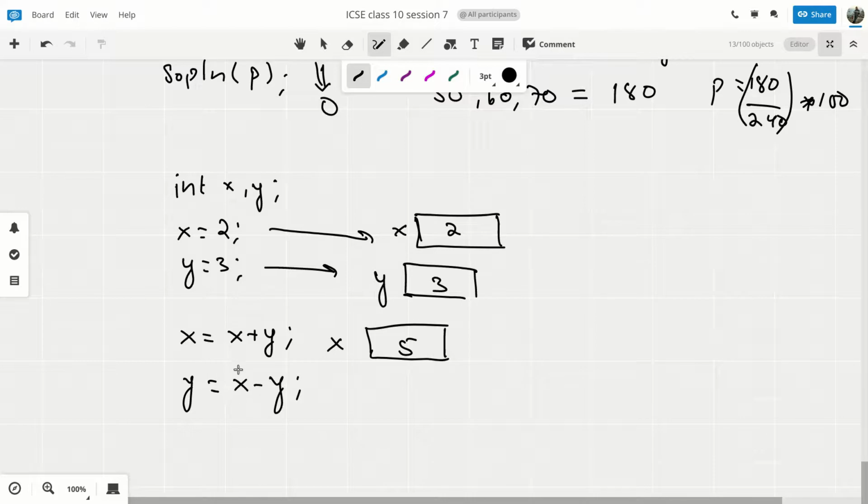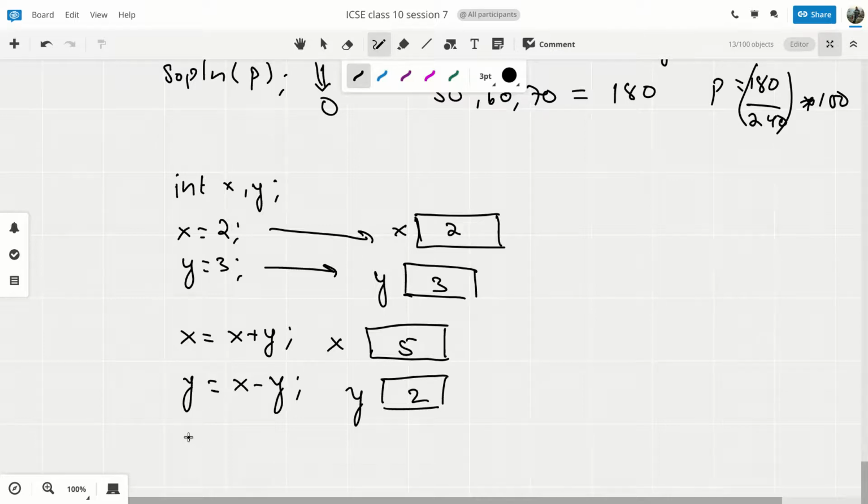So x will be 5, and y is containing 3, because it has not been changed yet. So 5 minus 3 will give you 2, and this 2 will be assigned to y. So the earlier value of y, which was 3, will be overwritten with the new value, which is 2. Now the latest value of y is 2 and x is 5.